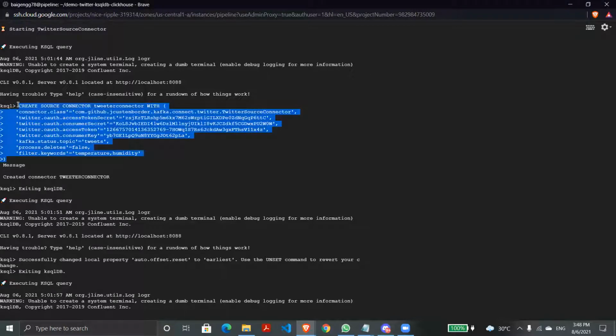This is our main part, for our table and our representation of data. Here are the Twitter API keys and the token keys in my case. Then we have enabled this for the table called tweets. The keywords mentioned here are temperature and humidity, like hashtag temperature and humidity. In Twitter, if you put a hashtag, that will be a keyword. So using that hashtag symbol, we will be extracting the data to our streaming platform, say temperature and humidity.